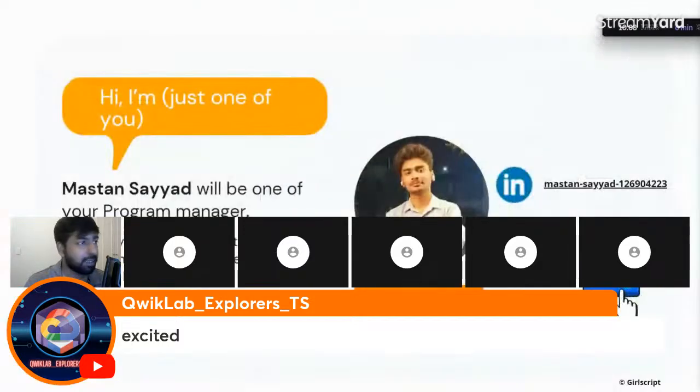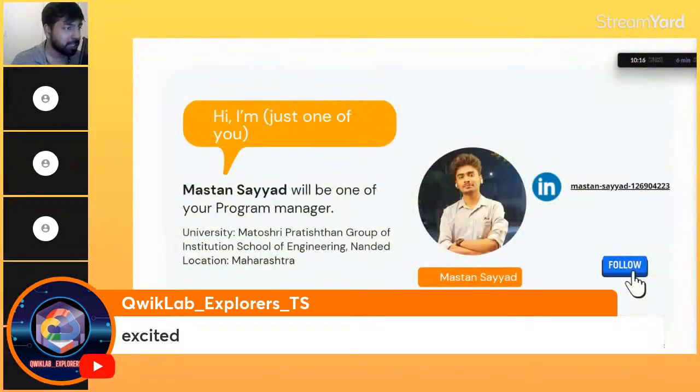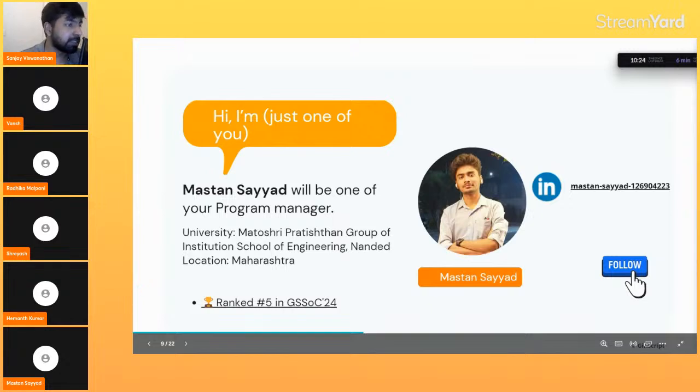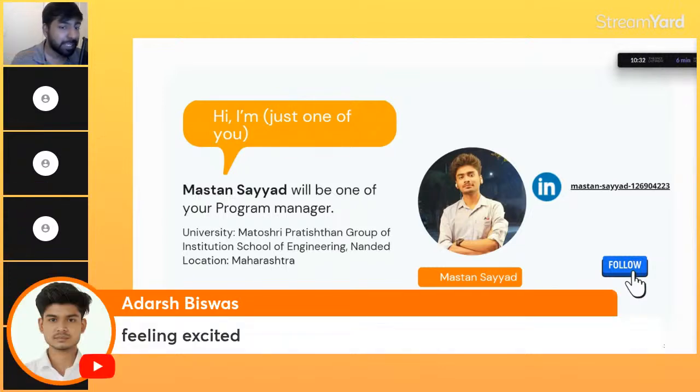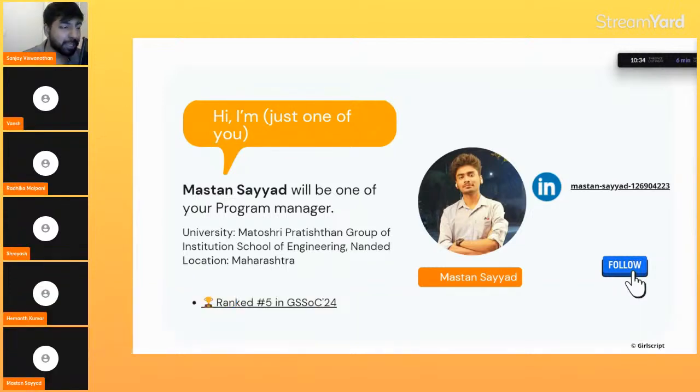Now let's understand the program managers. This is going to be clumsy over here, so maybe I will put it somewhere on the side. All right, this looks like a good view. We have Mastan over here. Mastan will be one of your program managers, and as I told you before, he ranked number 5 in GSOC in the last program, which is pretty amazing.